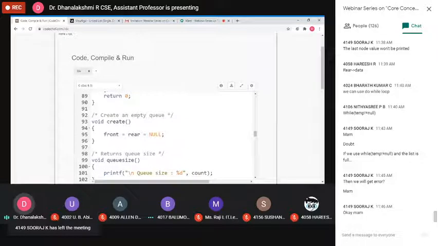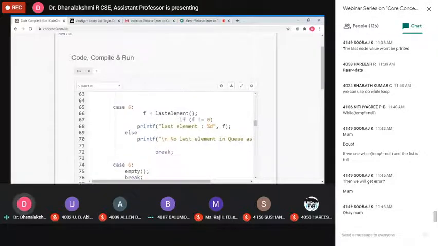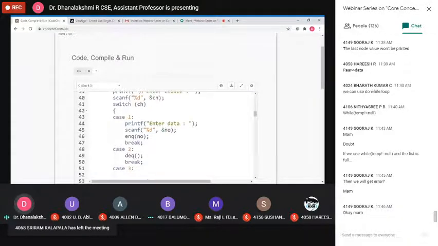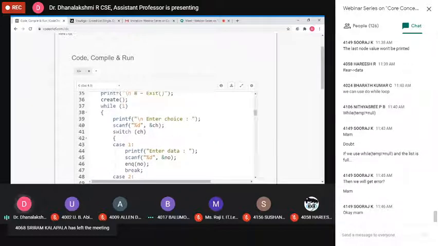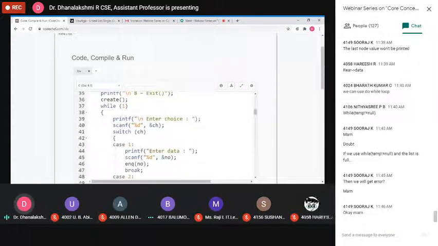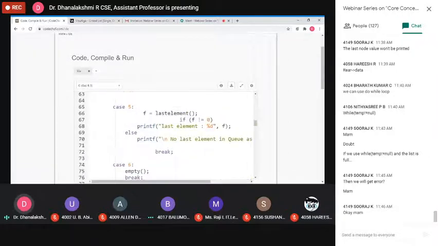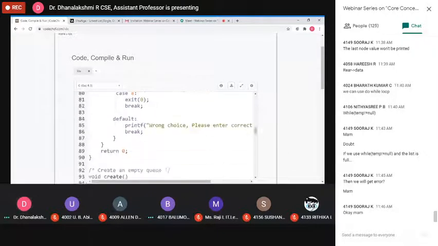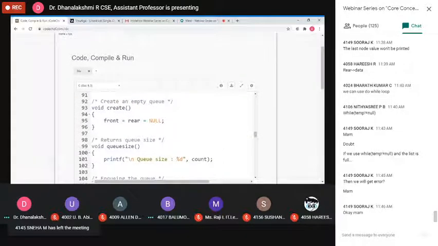Listen here: inside this main, before calling that switch case statement, I called the create function. Before that, we need to create a node. Node creation is a separate part which is not included in the cases. So how to create the node?